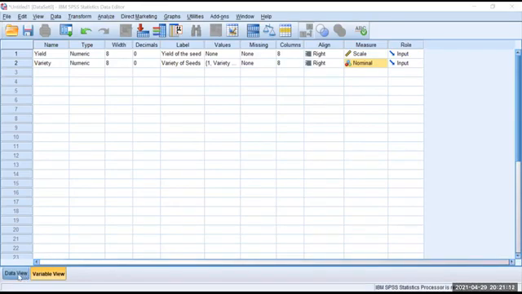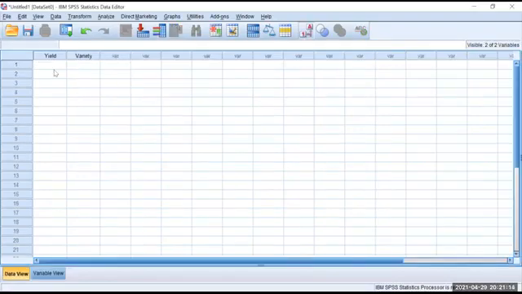Now we have to go to the data view. See what are the variables you entered. It is there. Okay. Now what we have to do is analysis. So before doing the analysis, we have to enter the data. I already told you yesterday, before entering the data, ensure that this value label icon should be disabled. Now it is enabled. Okay, now I disabled this value label.